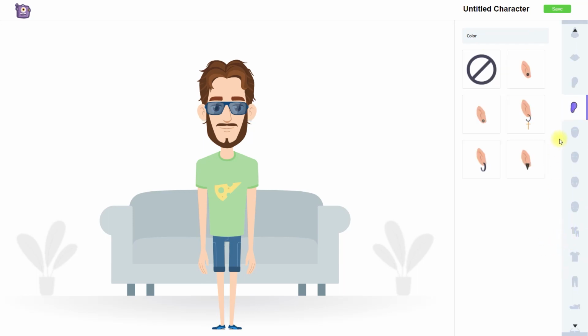You can see that there are so many options that are available. You can customize the character however you want. We have wrinkles, smile lines, and a lot of details that Animaker allows us to change here. You can also rename your character here, so I'd like to call it Tech Mates.